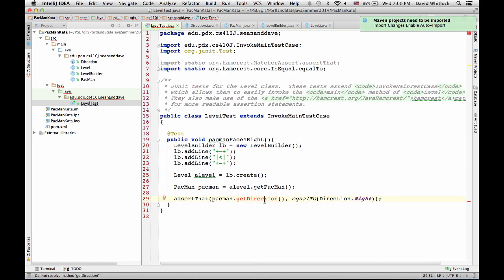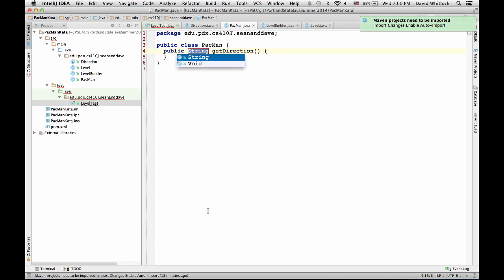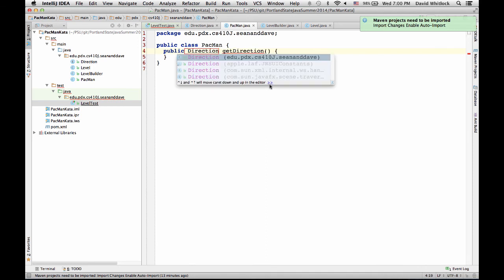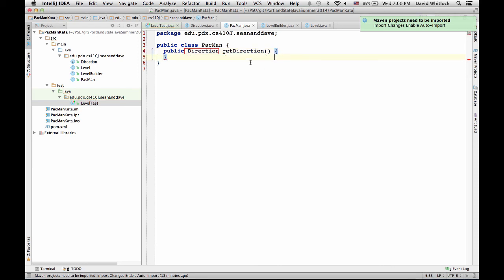And we're gonna create the splitter. Oh, really? It wasn't smart to figure out this was supposed to be a direction. Okay, so how do we do that? Enum? No, just type direction. Yeah, you're right. It's like a class. Yep, there it is. Yeah, no, let's just do that.